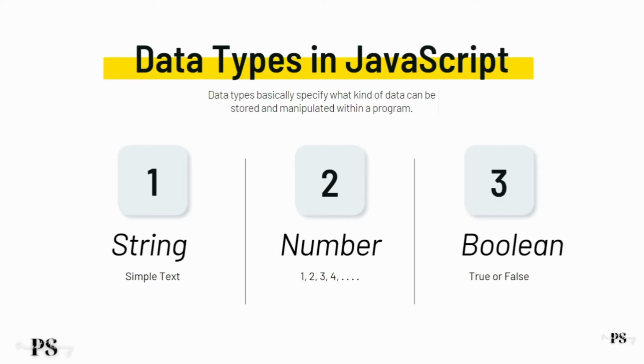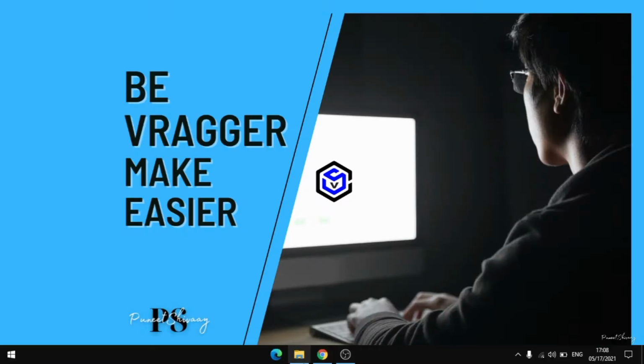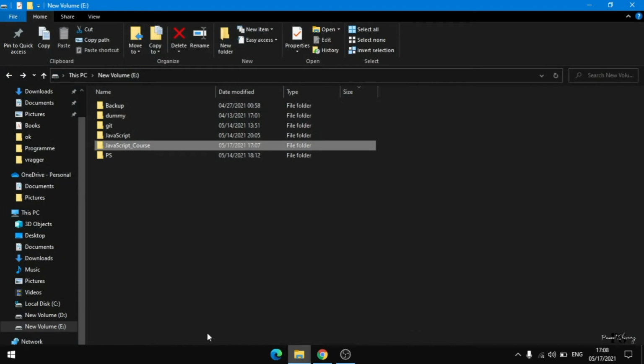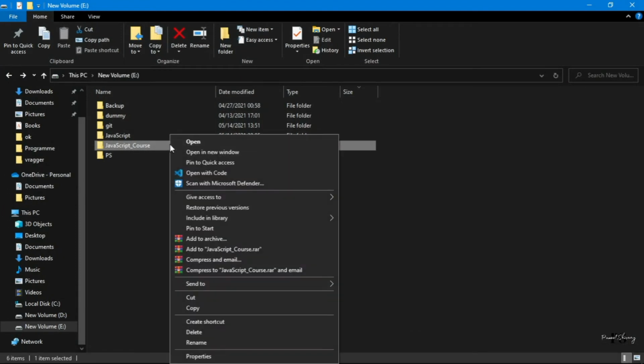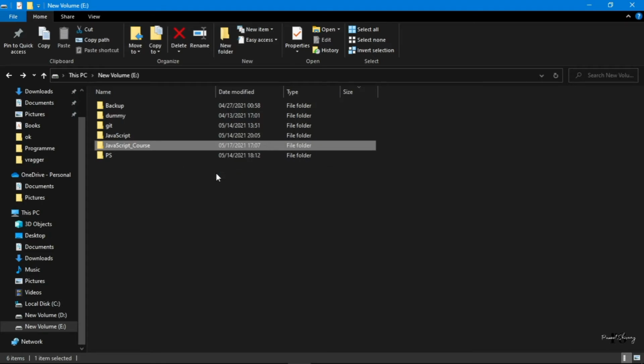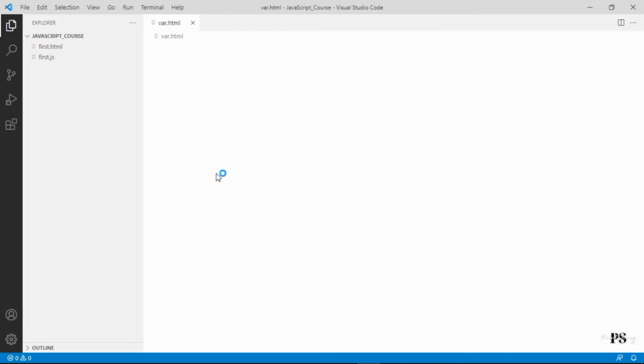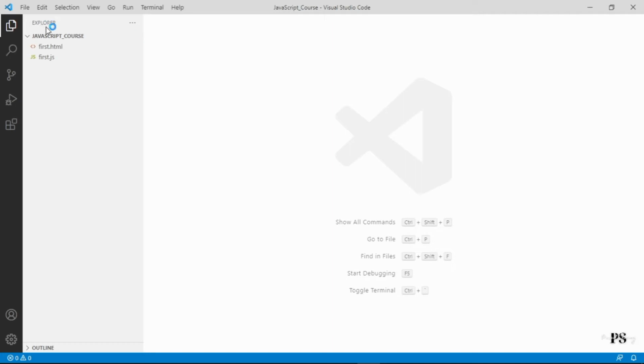So let's move to writing the code. Go to your file manager and open that folder as a project in Visual Studio Code. These were two files which we created in our first lecture, the introduction lecture.